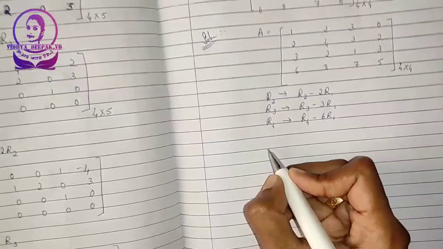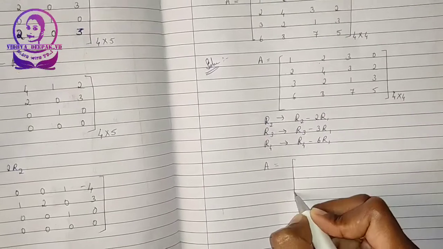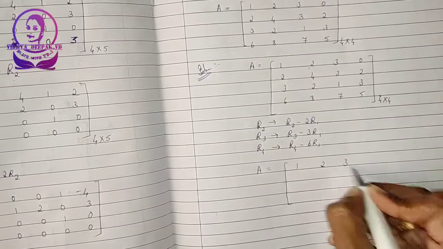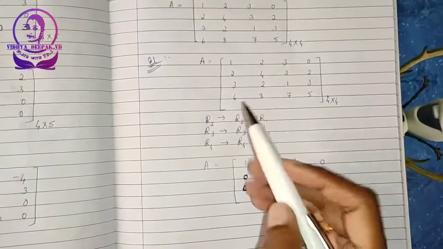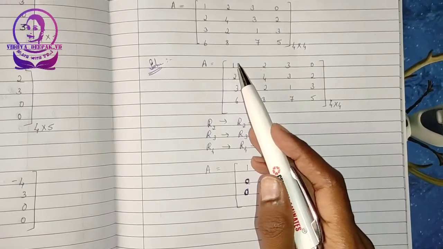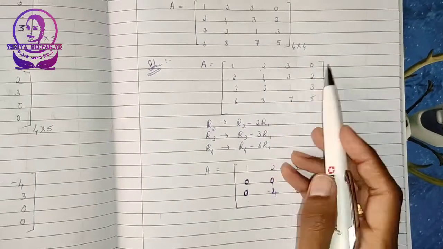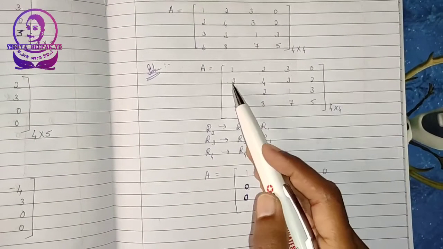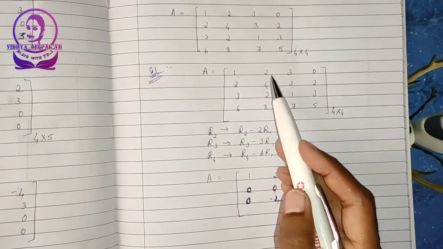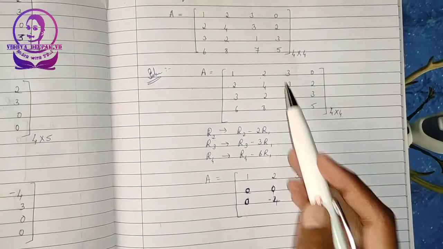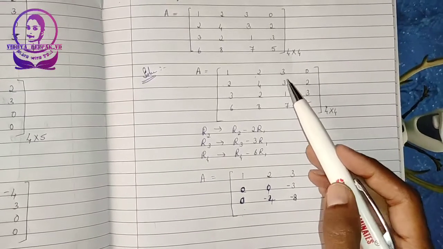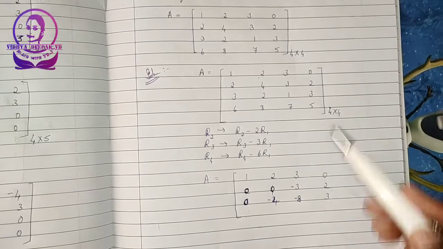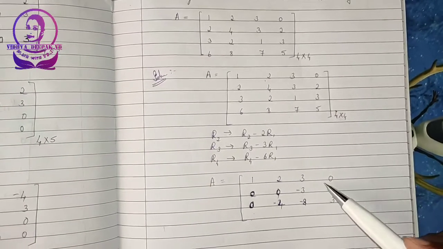Okay. So we have A is equal to, first row remains the same since we are not doing any changes there. 1, 2, 3, 0. We have 2 minus 2, that is, we are multiplying it with 2, so this becomes 2, 4, 3 2s are 6, 0. Okay, so 2 minus 2, 0. 4 minus 2 2s are 4, it was 4 minus 4, 0. Again 3 minus 3 2s are 6, so 3 minus 6 is minus 3. Again 2 minus 0 is 2.